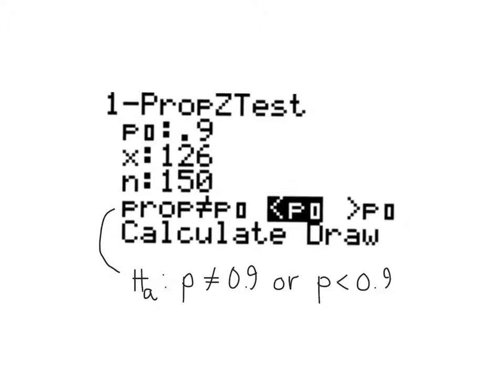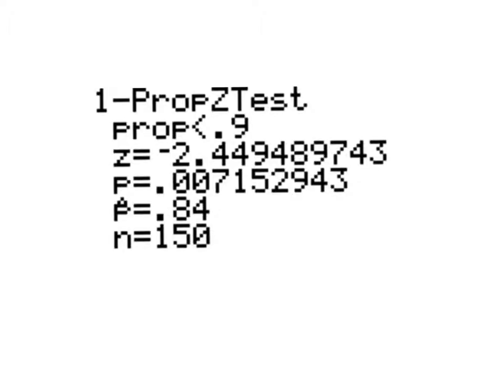Then all you need to do is go down to calculate and hit enter. And this is the magic. When you go down to calculate and you hit enter, it gives you all of the information that you are looking for. Here are the details of your one proportion z-test. It's giving you the alternative that the p is less than 0.9. It's showing you what your z-test statistic was, and that's what we got, negative 2.45. And then this next number is your p-value,